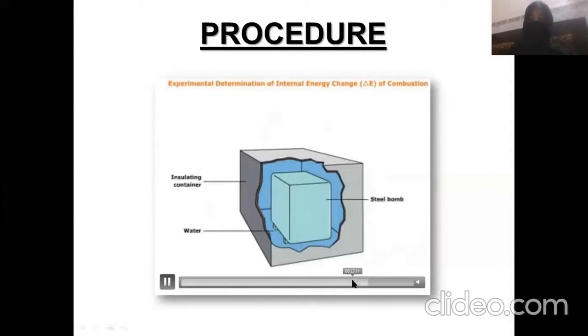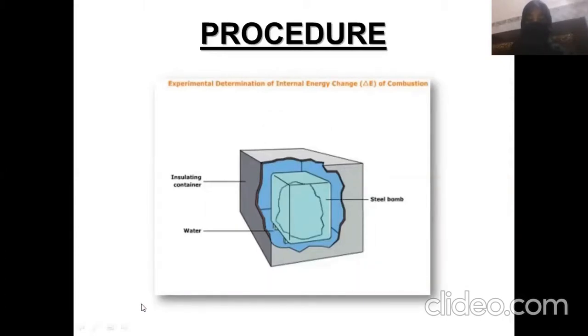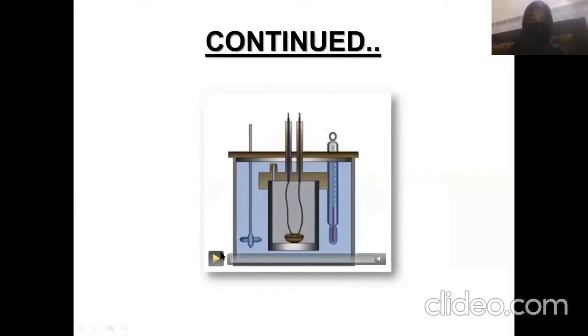The reactant sample of known mass is placed in the metal cup. The bomb is immersed in an insulation vessel containing water. The known mass of combustible substance is placed in a platinum cup, which is to be heated in the supply of oxygen. As you can see, the whole bomb is filled with water, and this is the platinum cup which is to be heated. There is the oxygen supply. The combustion is carried out in this oxygen supply.